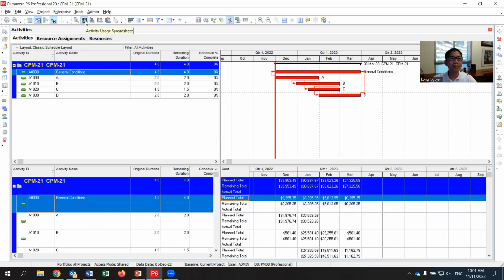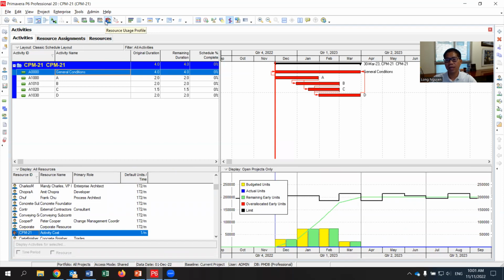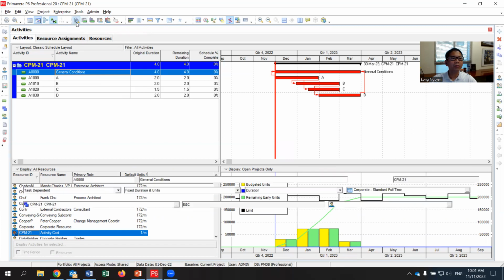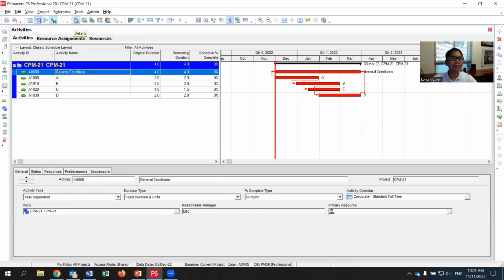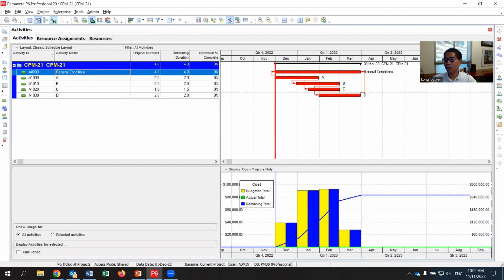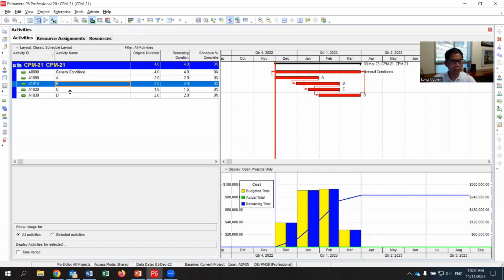So if you select the tab is activity usage spreadsheet, and if you use this profile, so you see the curve and the profile using the money in there. And if you go back to the normal, so you can show the details in there. Now, if you want to select the cost for certain activity only, you see the whole thing, 250,000. Now, if you want to show activity B and C, so you can select B and then C, D,